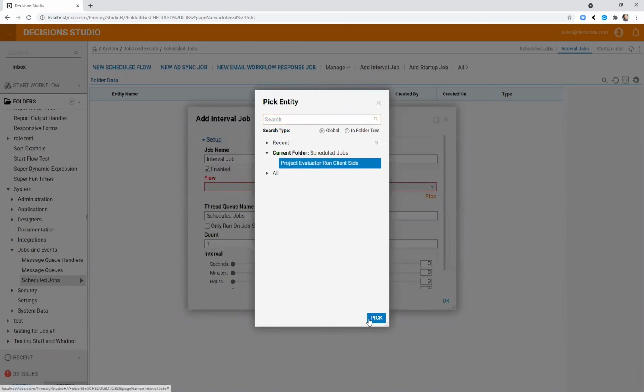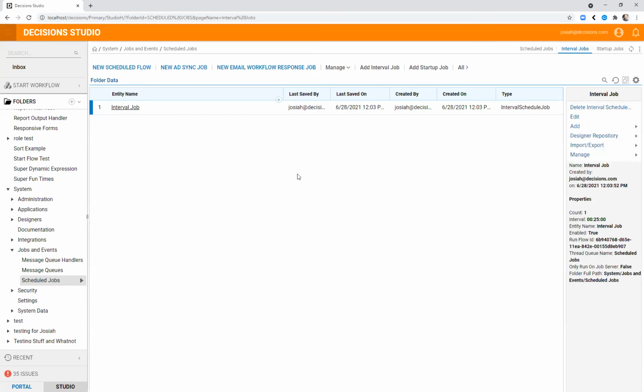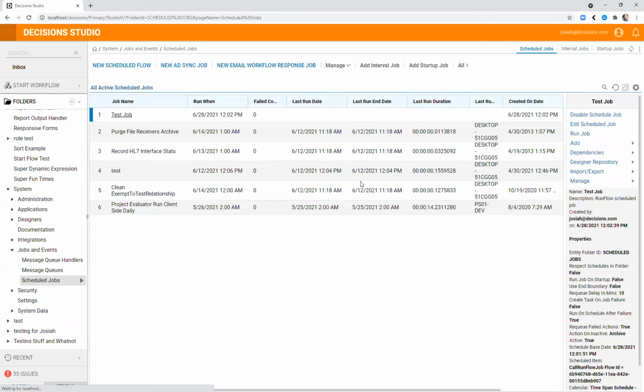it's enabled. I give it a flow. I don't have a bunch of options around how often I want this to run anymore. All I have now is an interval. I'm going to say I want this to run on a 25-minute interval. It'll give me that. Now, the big difference here between the interval job and the scheduled job that's set up to run on a time span is the scheduled job that runs on a time span